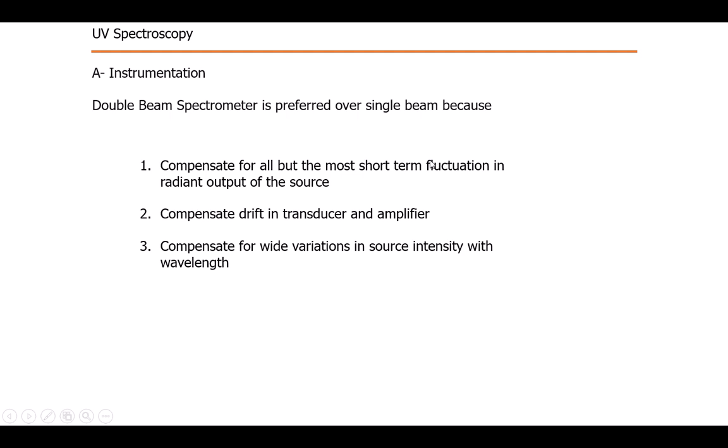For example, in case of a single beam spectrophotometer, we first place a reference cell, then we place a sample cell. It is possible that when we were placing the reference cell, there were different voltage, and when we placed the sample cell, the voltage were different. This type of fluctuation is not there in the case of double beam spectrophotometer, because at the same time the same light radiations fall on both sample cell as well as a reference cell.